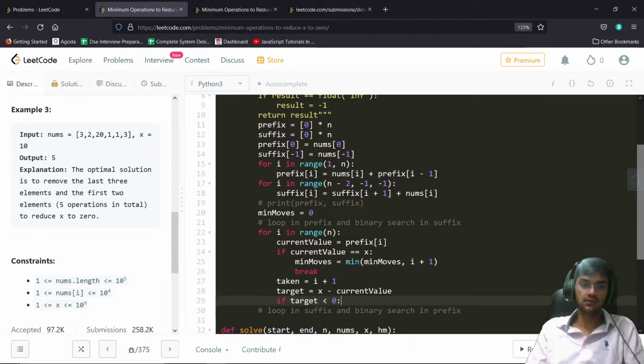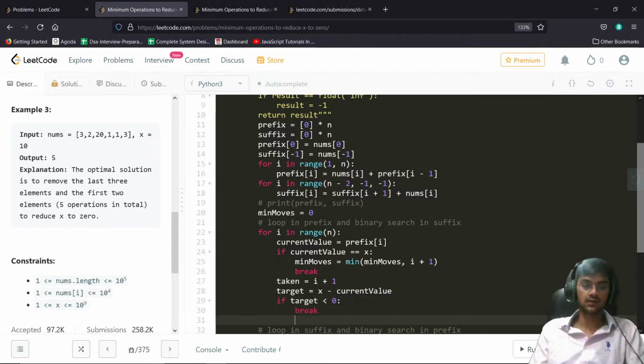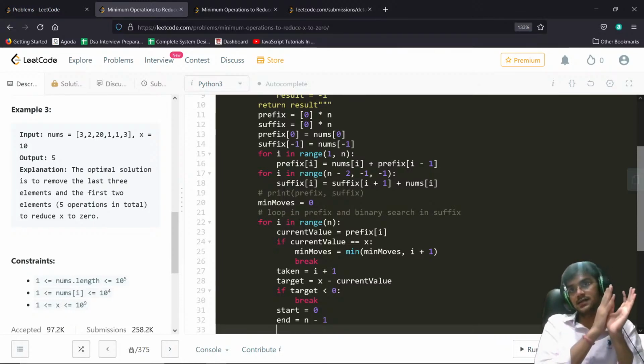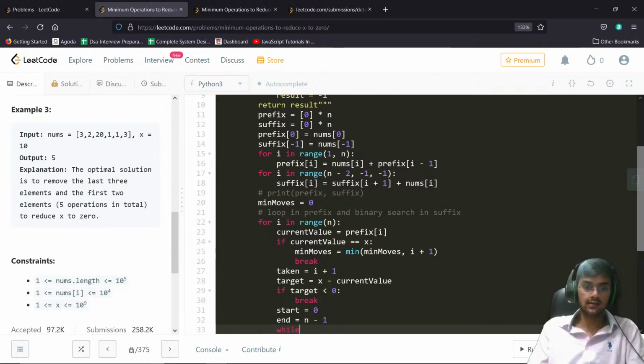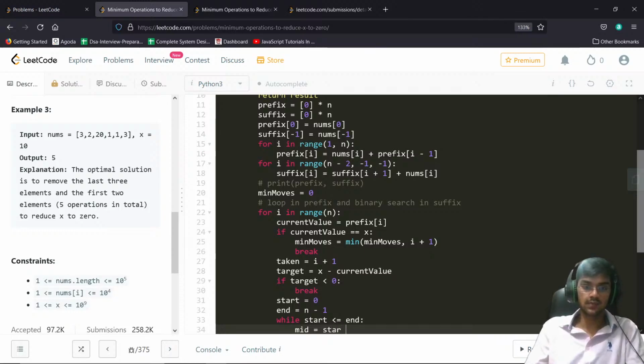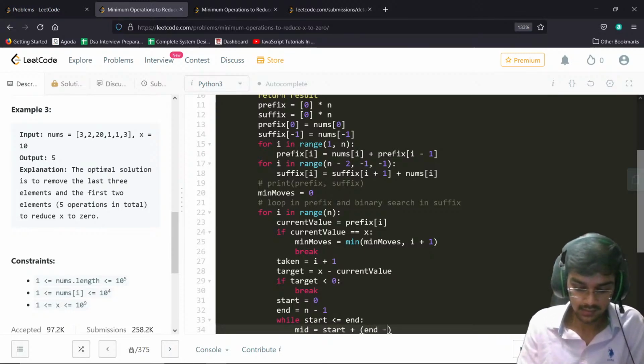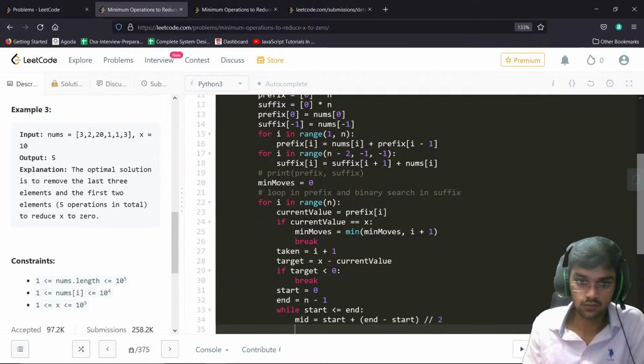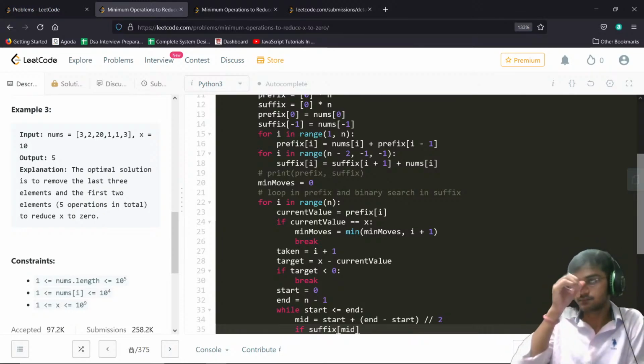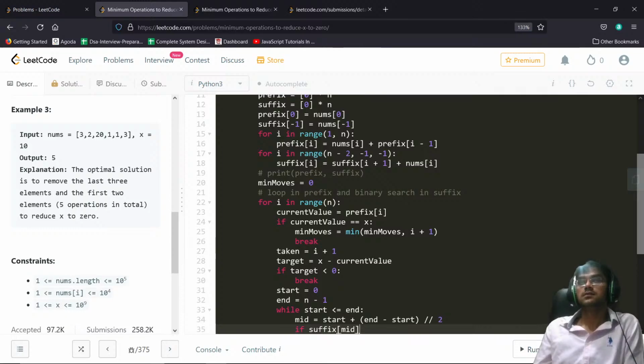Now if target is less than 0, I know that I have to break. Straightforward. Else I'll search for this target in suffix. So start is 0, end is n minus 1, and suffix is sorted in descending order, right? So I'll say while start is less than or equal to end, my mid would be start plus end minus start by 2. I'll say that in my suffix array, if the element at mid is